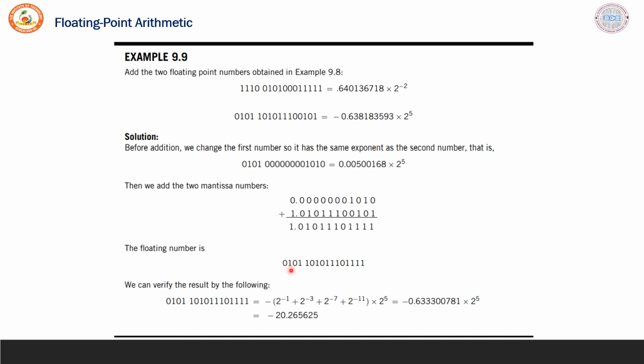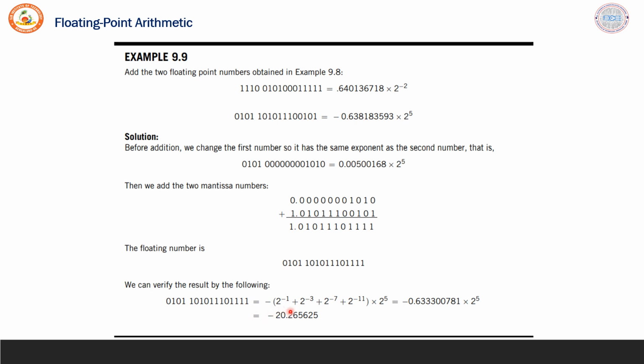So the exponent here is 0101, which is equivalent to plus 5, and here is the mantissa part. Now to find the magnitude of that, we can easily do a conversion. The answer we will get is